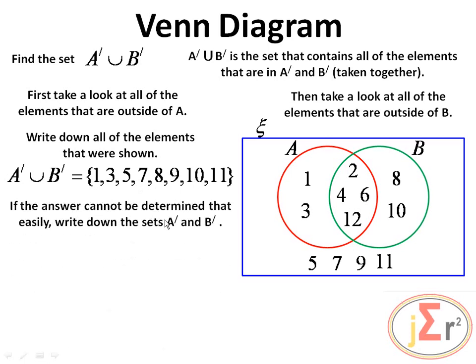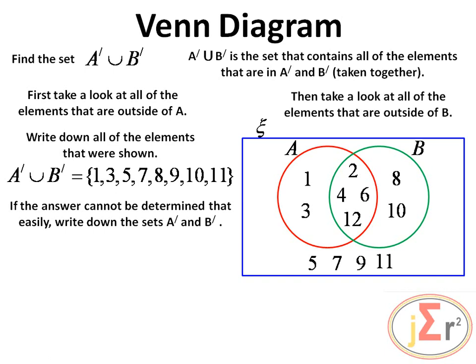If the answer cannot be determined that easily, that is by visual effects, because we can just take a look. Some students will be able to take a look at the diagram and do the analysis that we have just shown in order to write down the elements that are in A complement union B complement. But if the answer cannot be determined that easily, we can take another approach, which is to write down